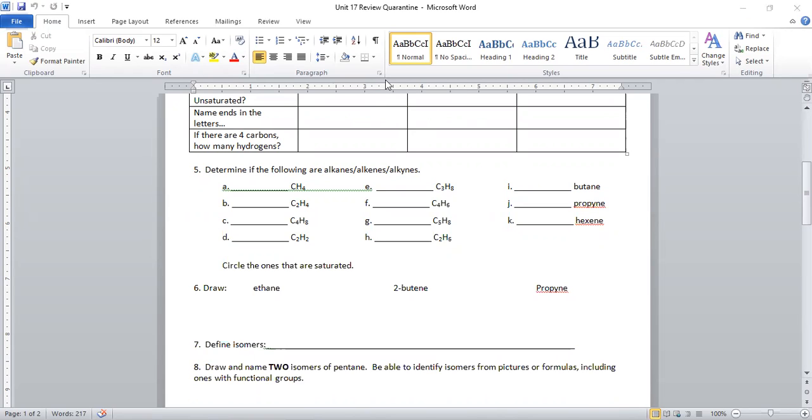Okay, so alkanes, CnH2n+2, alkenes, CnH2n, alkynes, CnH2n-2. Okay, so I'm going to do these first because these are easy. Ane means it's an alkane. Yne means it's an alkyne. Ene means an alkene. Okay, so